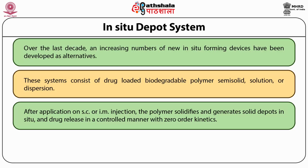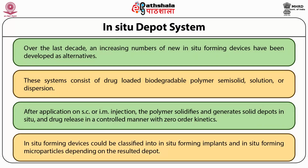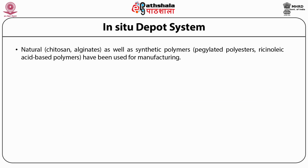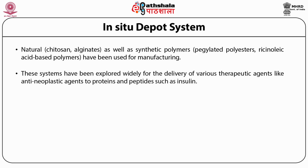Depending on the resultant depot, the in situ forming devices could be classified into in situ forming implants and in situ forming microparticles. Natural polymers like chitosans and alginates, as well as synthetic polymers like pegylated polyesters and ricinoleic acid-based polymers, have been used for manufacturing these. These systems have been explored widely for the delivery of various therapeutic agents, from anti-neoplastic agents to proteins and peptides